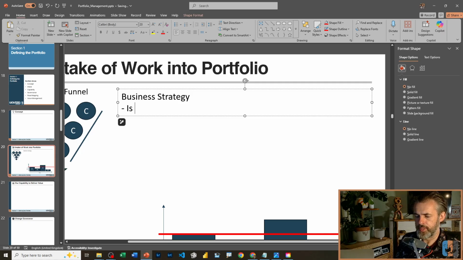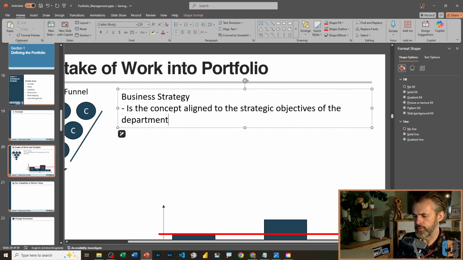So is the concept aligned to the strategic objectives of the department or organization? Really big question. And a really fundamental one, I would say. It's very easy